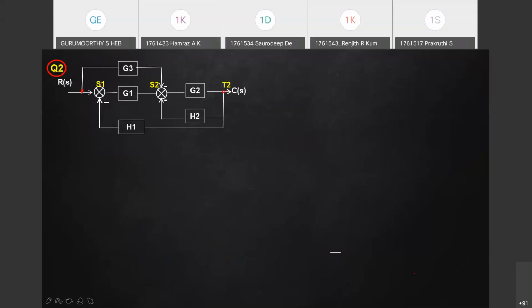And now see, are there any straight away any parallel blocks or series? Can somebody say yes or no? Parallel? Any blocks are in parallel directly? If not, do you find any blocks in series? Let us simplify them first, if they are. I hope you understand what is meant by parallel, what is meant by series.